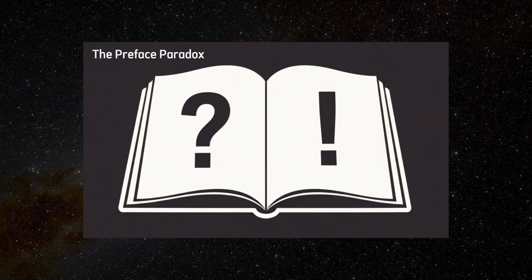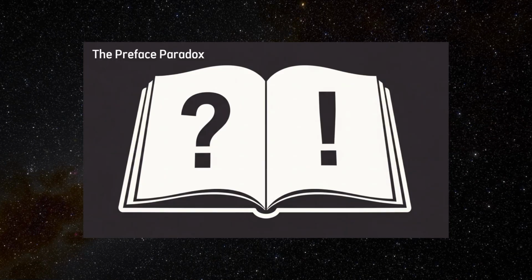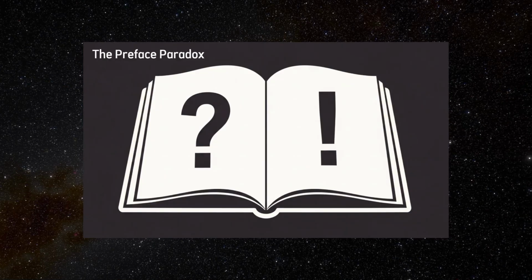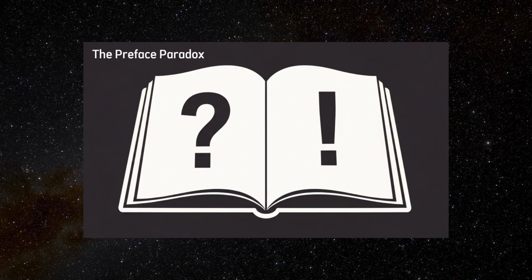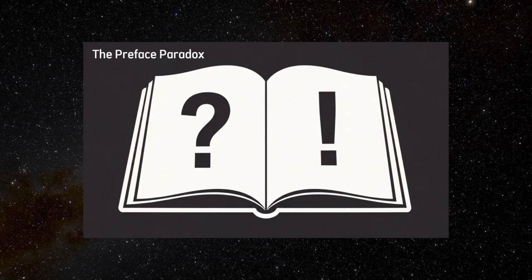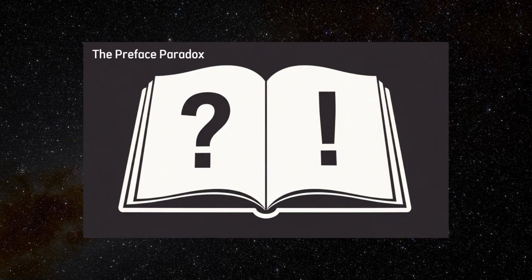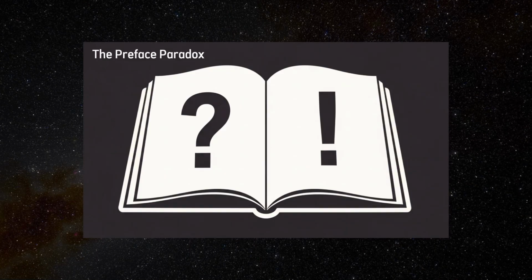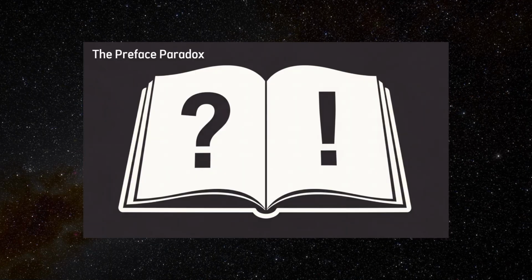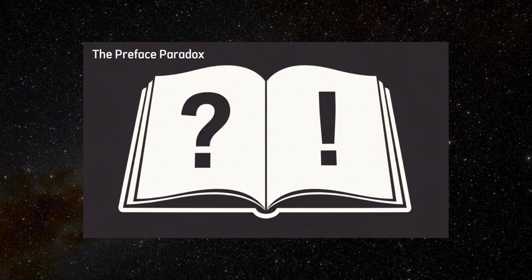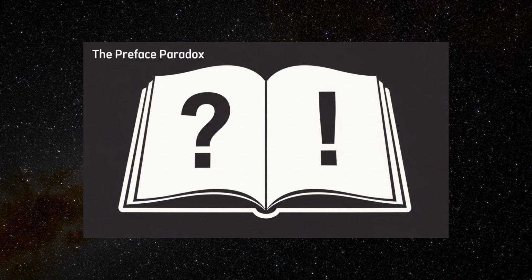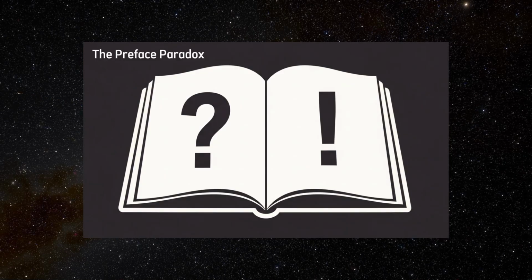The paradox highlights the difference between local justification and global consistency. Locally, it is rational to believe each individual claim if there is sufficient evidence for it. Globally, however, it is also rational, based on general knowledge of human error rates or the likelihood of mistakes in large projects, to believe that not every claim is true. The clash arises when these rational beliefs are held together, even though their conjunction leads to an inconsistency.